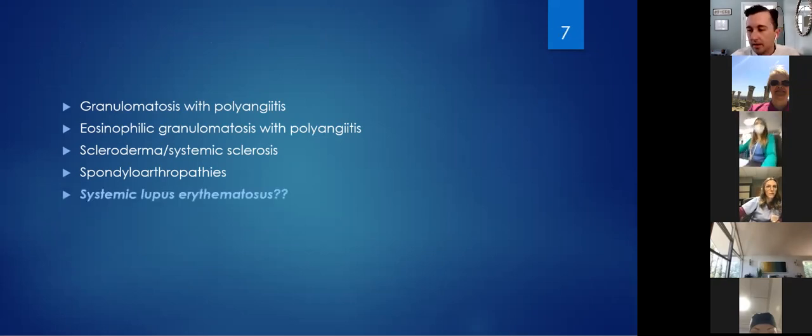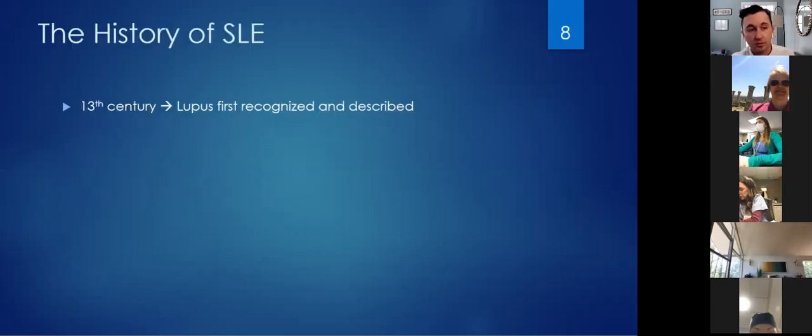Lupus, though, never quite made sense to me. Systemic obviously means something we all understand, and we know what erythematosus means, but it doesn't really tell you what's going on with the disease. So it's not near as intuitive as a lot of other conditions. When I first started preparing for this lecture, I just wanted to read about the history of the word. Apparently the word lupus comes from the Latin word for wolf. And I guess doctors in the 13th century thought that the malar rash these patients present with looked like a wolf bite, which seems like a bit of a stretch to me.